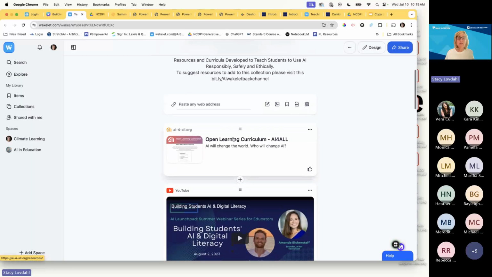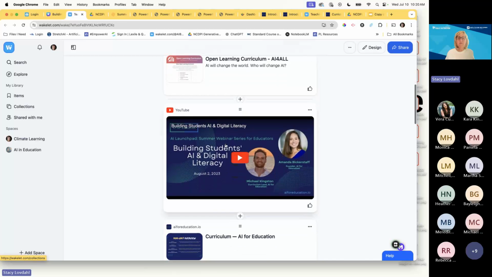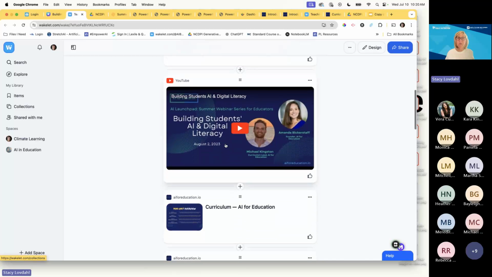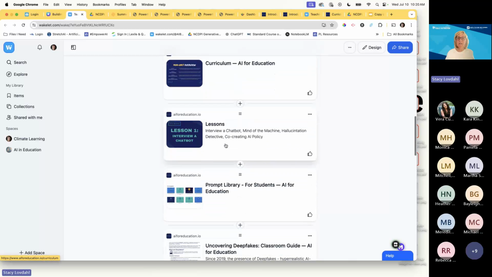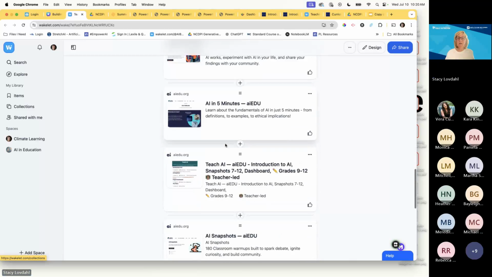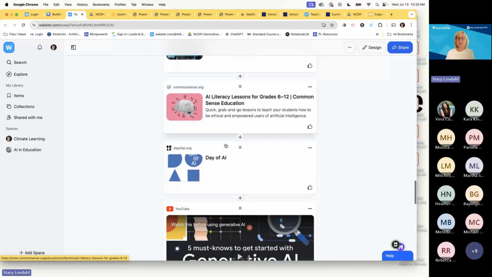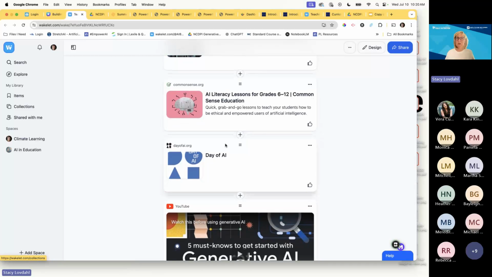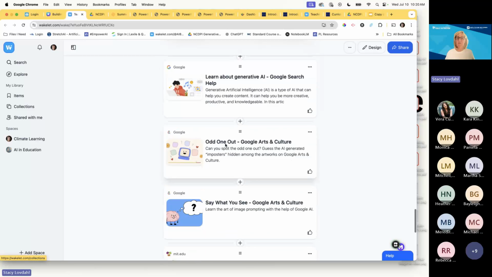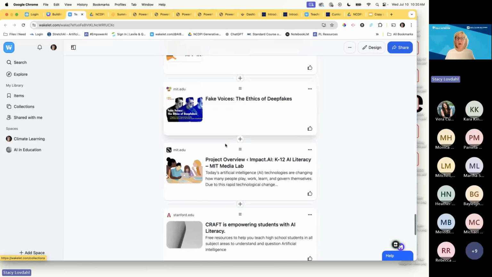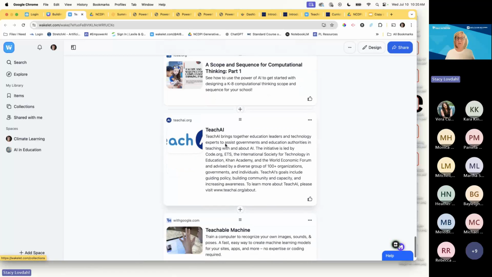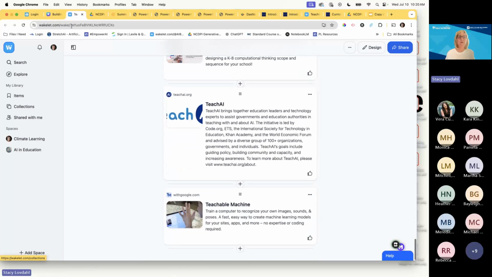If we explore down here, we have AI for All, and we have AI for Education, which is mentioned in the North Carolina guidance. Everything is organized in this Wakelet. It includes everything that's in the AI guidance document, but then a lot of other resources that have been mentioned as specifically relating to AI literacy. I wanted to make sure I gave you a repository of information that you could explore.